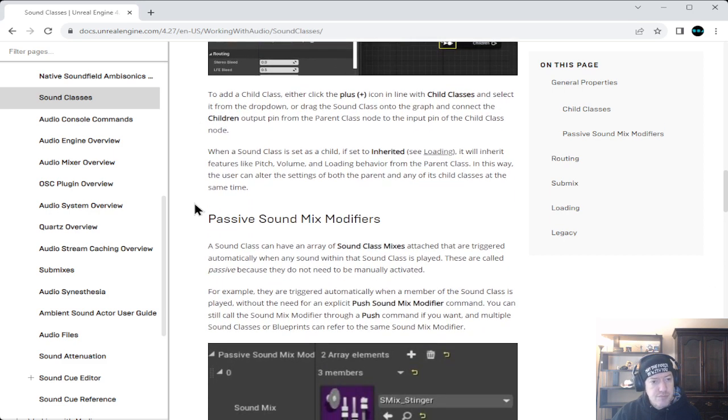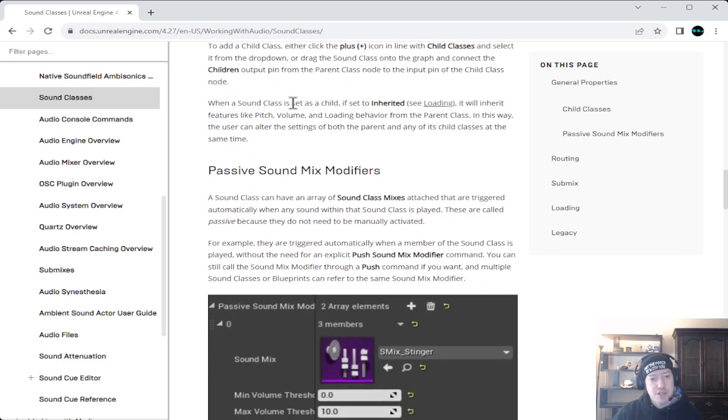When that sound class is set as a child, if set to inherited, it will inherit features like pitch, volume, and loading behavior from the parent class. In this way, the user can alter the settings of both the parent and any of its child classes at the same time. You have to be a little careful, because